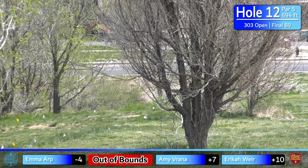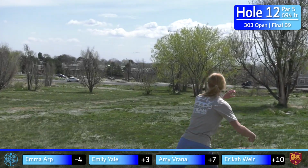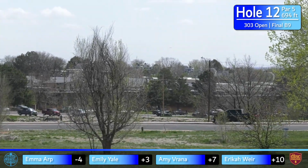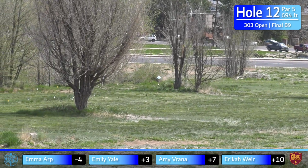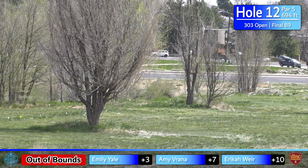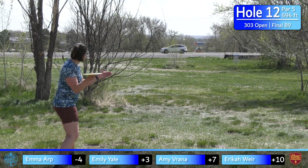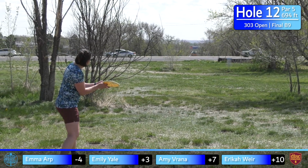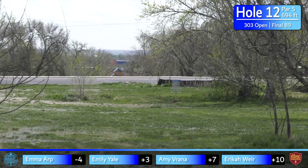As we see, oh no, I was going to say Emily's pushing that left-hand OB and she does find it, unfortunately, as it looks like Emma might be falling, although, oh no. Yeah, she finds it as well. It's really the one mistake you can't make on this hole. Luckily, they both did bite off enough distance that they do have a shorter shot into the green to try to grab the par, but